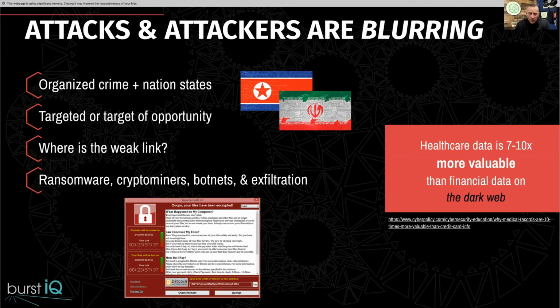Now, going back with our healthcare theme and my experience with healthcare, Brian kind of mentioned that the numbers are all over the place as far as how valuable healthcare data is. And obviously it changes just like anything, but 7 to 10 times is kind of the general statement that I've seen, and even in my past research actually saw. And it really makes sense to highlight what Brian was saying before. If